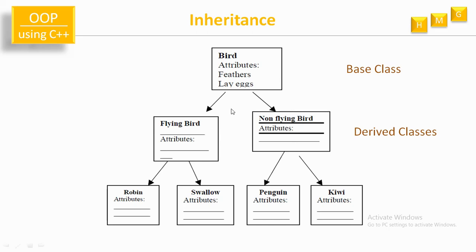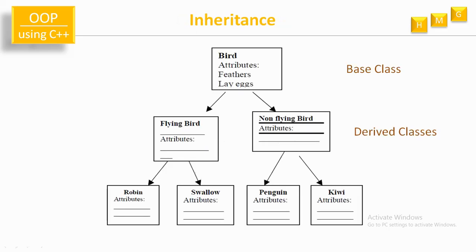So like this, here the bird class is called a base class, and these flying birds and non-flying birds are called derived classes. Now flying birds will be the two, that is the two, these are the objects. Robin is a flying bird, swallow is a flying bird, penguin is a non-flying bird, kiwi is a non-flying bird. So all these are the four objects. So robin and swallow are the objects of the flying bird class, while penguin and kiwi are the objects of non-flying